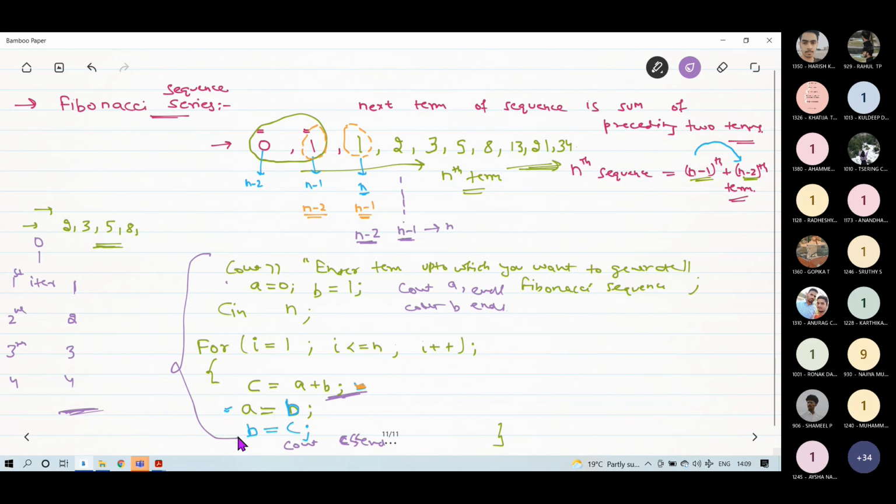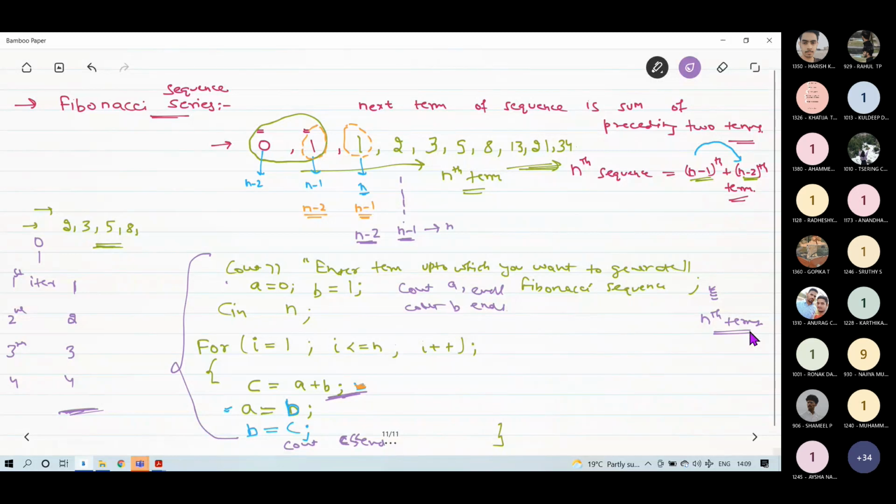So this whole program will generate n plus 2 terms, but we were supposed to generate this Fibonacci sequence up to only nth term. So what you can do is, can anyone tell me what we can do in this